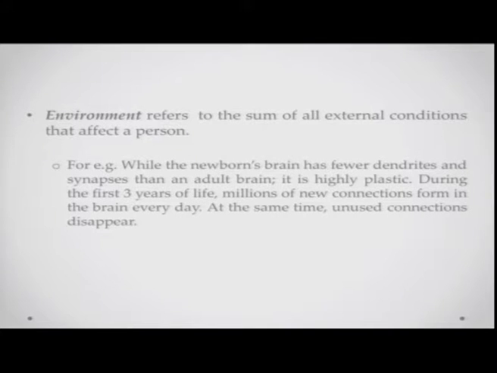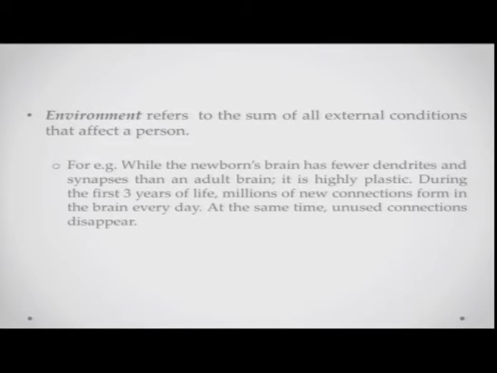So, the structure of a neuron is that there is a cell body, there are dendrites, which are branching structures, and there is an axon which relays the signal. The number of dendrites tells you how many branches, how many connections these neurons have made, and then you can talk about synapses, which are the connections that two cells make. When the child is born, there are very few dendrites and very few connections that these cells have made.